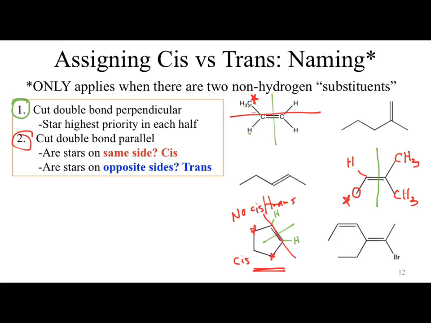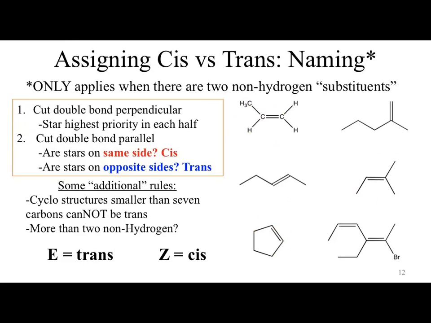Cis, trans, and the rest of our name, what did the cis apply to? Okay, but if it's cis, trans, and we put it at the very beginning of our name, it doesn't match out quite right. And the enes are two double bonds, so we'd name it as a diene. So the cis and trans would still be in front of a diene. We still don't know which one matches to which. So we need to come up with yet another nomenclature system as far as figuring this out. And that's where we get the next system,